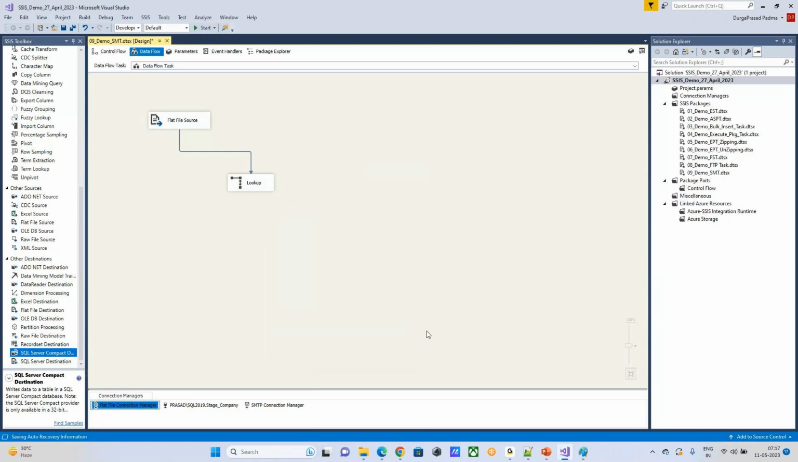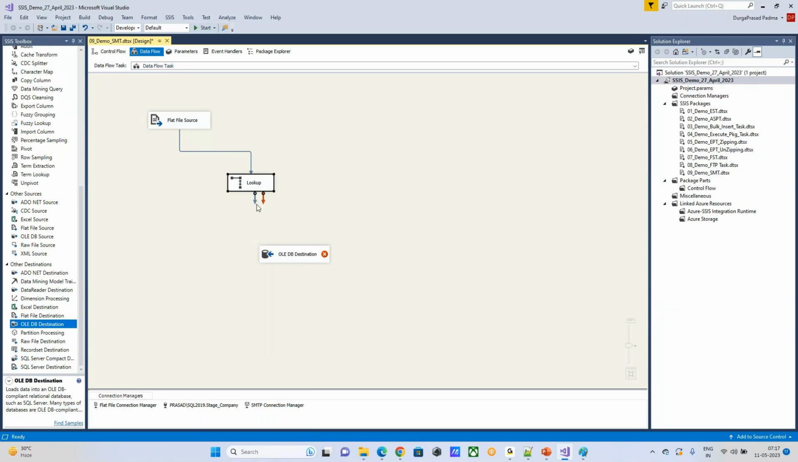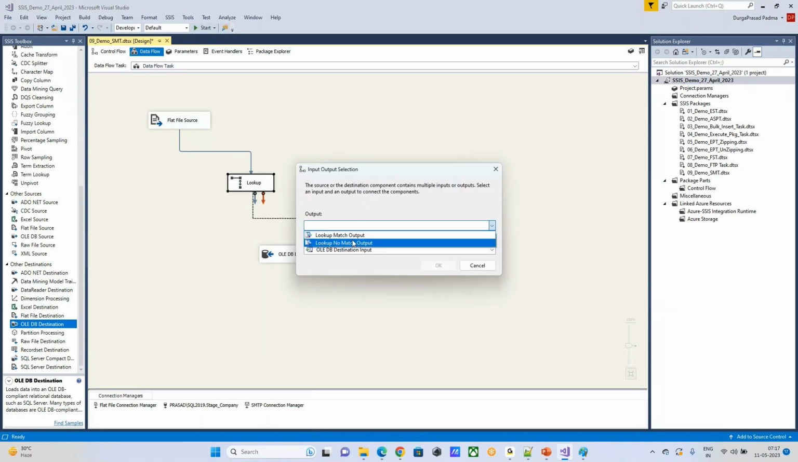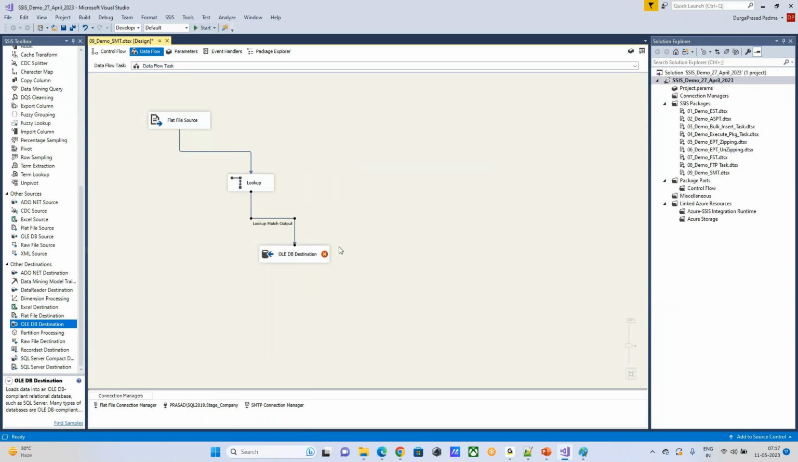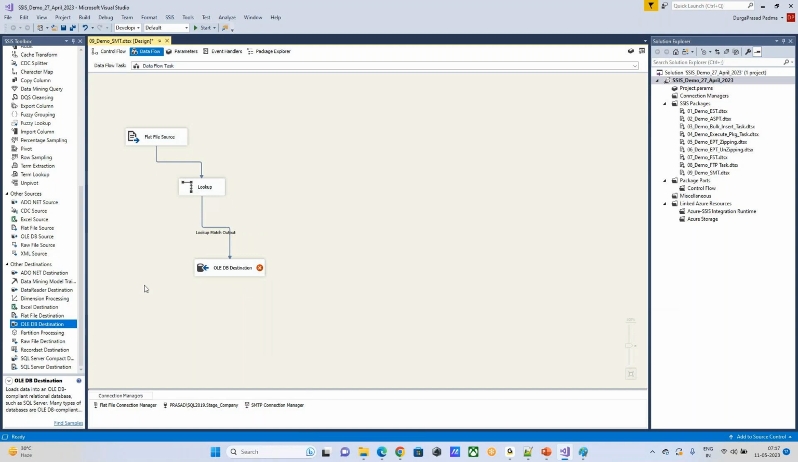You can load that into any destination. After applying some kind of transformations, you can store that particular data into one of the destinations. That is fine. This is one part. For example, if you are choosing a